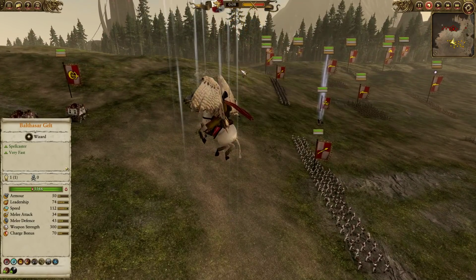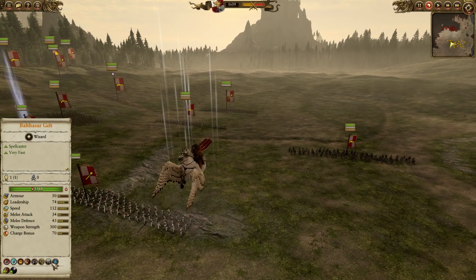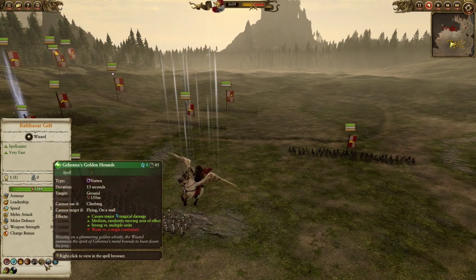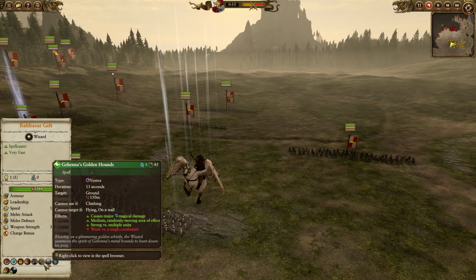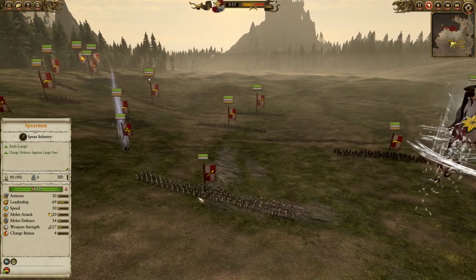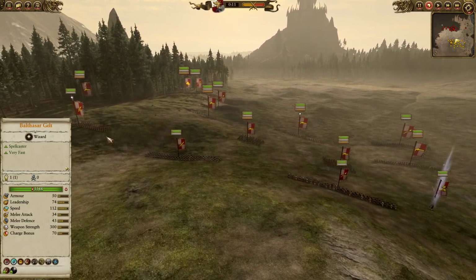Leading them up in the skies, we have Balthasar Gelt. This is Gelt country now, and he's going to be coming in with the Staff of Volans, Arcane Conduit, as well as the Golden Hounds, a spell I rarely see, but can certainly do some awesome damage, particularly when overcast, and Searing Doom. For the front battle line, we do have Spearmen,